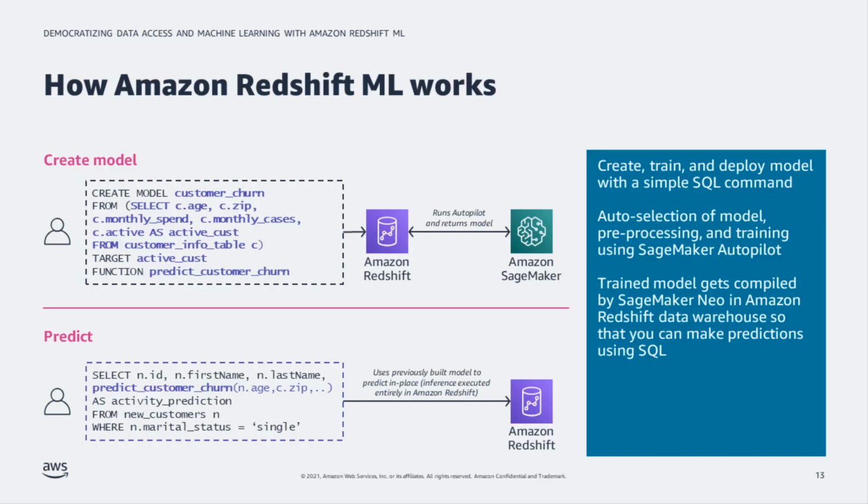When this SQL statement is run, Redshift ML behind the scenes will interact with SageMaker Autopilot to train your model. Once ready, it's deployed in Redshift and the function will be available for predictions. In this example, to create the model that predicts customer churn, you can query columns in one or more tables in Amazon Redshift that include the customer profile information and historical account activity as the inputs, and the column showing whether the customer is active or inactive as the output, which is what we want to predict.